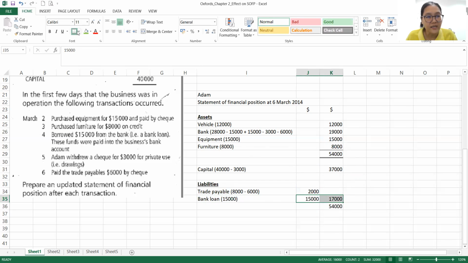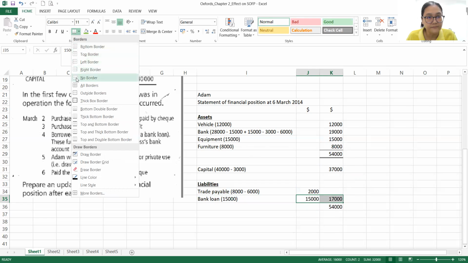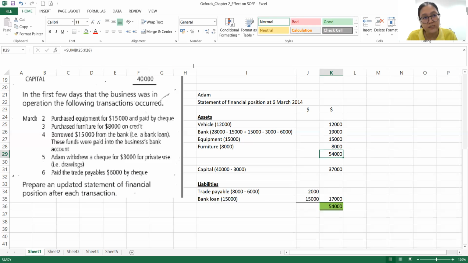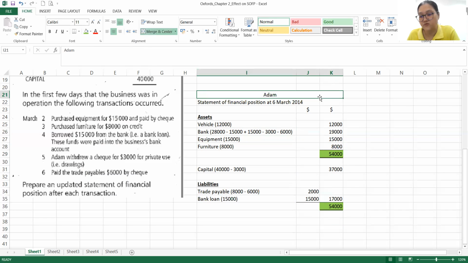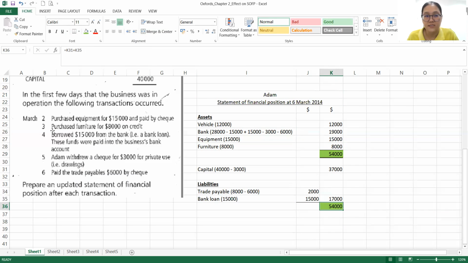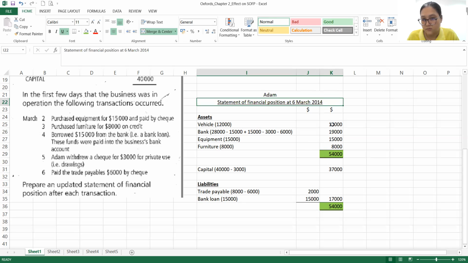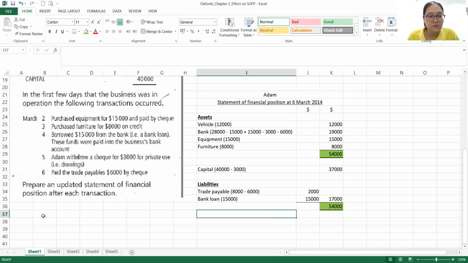If we can get the amount the same, it means that our account should be correct. Our subtotal, if we can get this one equal to this one after we have done all the plus or minus, it means our account for the statement of financial position should be correct. This is a first check that you can do for your account. So far, here is balanced, so this account is correct. So on the date of 6, after these few transactions, you will see the balance of each account here. So now next is